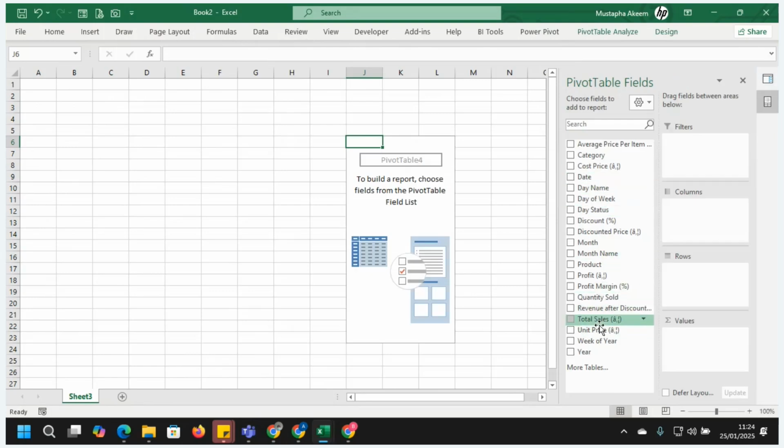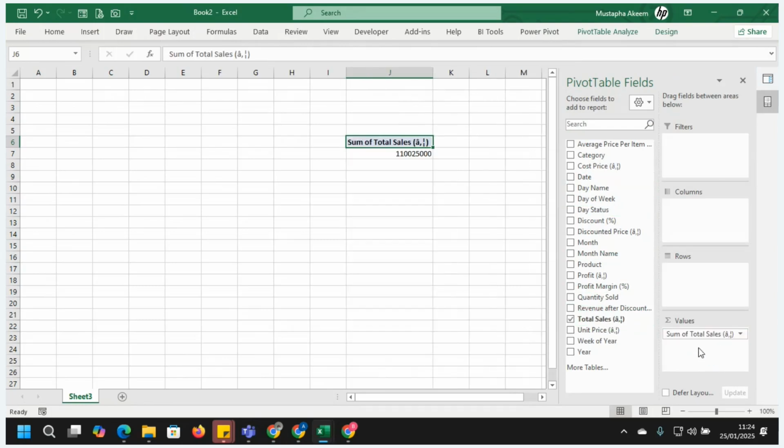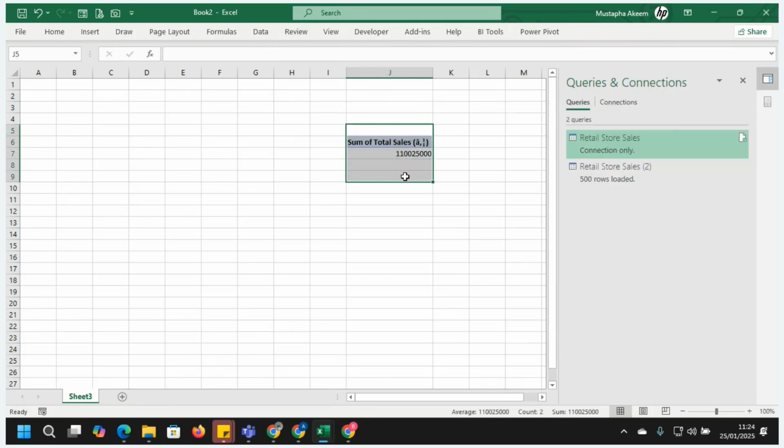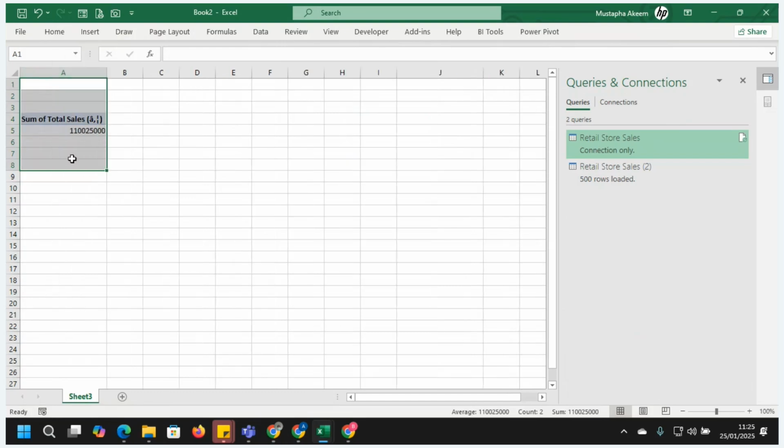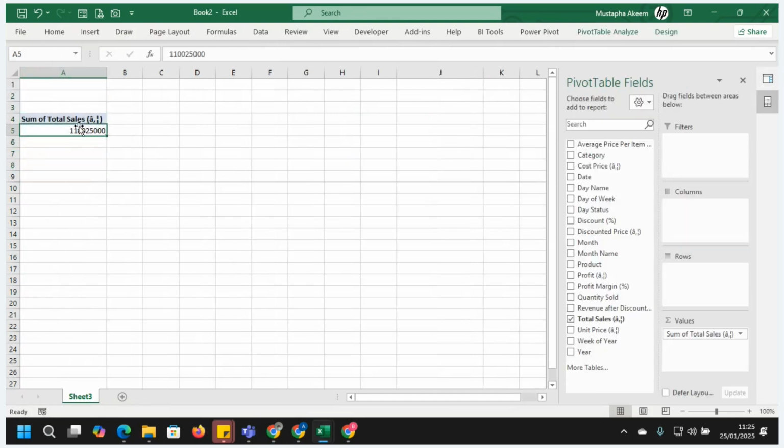The first one we did was total sales. I brought my total sales into the values, and we have the total sales there. Let me cut it, and then come here and paste. So this is our first analysis.